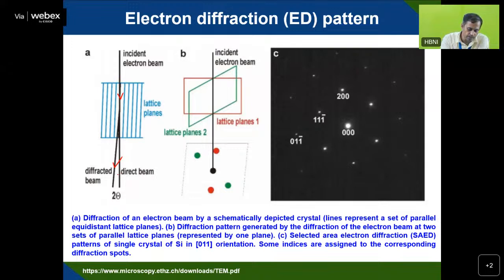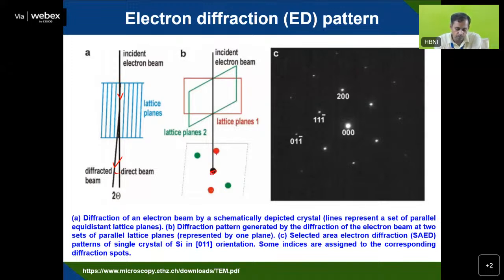So you have a small angle here, the diffraction angle is here, 2 theta is here. Because of this, whenever Bragg's law is satisfied, you will be able to see a particular diffraction pattern. There are two lattice planes here, a red plane and a green plane, and corresponding to the center beam, here is dark green, and corresponding to the lattice plane of 1,